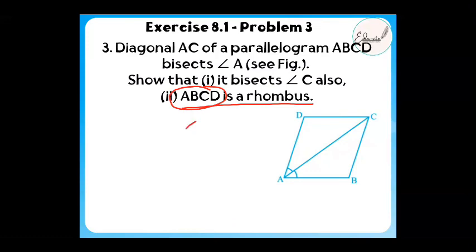To prove a rhombus, what do we need? We have to know that opposite sides are equal and opposite angles are equal. Okay, Laiba? To prove something is a rhombus, we should prove that opposite sides are equal and opposite angles are equal. To prove this equal, we already know that angle ACD is equal to angle